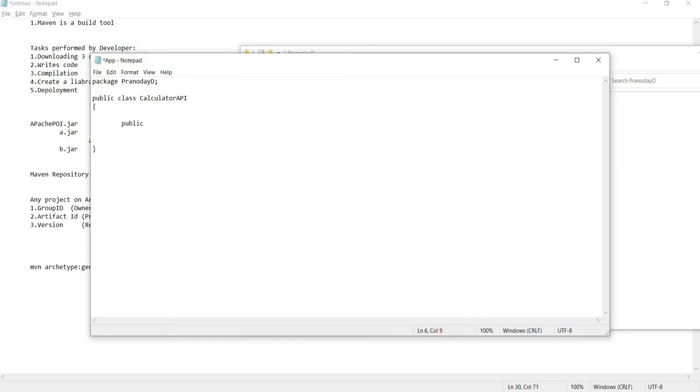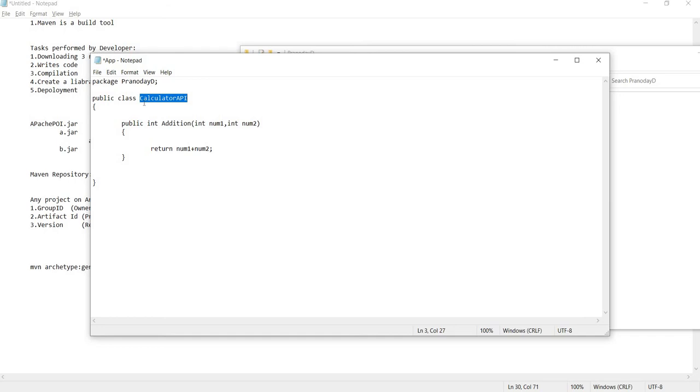I'll say public int addition, and we will send the two numbers, int num1, int num2, and the logic of this addition would be return num1 plus num2, right? So this is my implementation of my source code. This is the application I am implementing, CalculatorAPI.